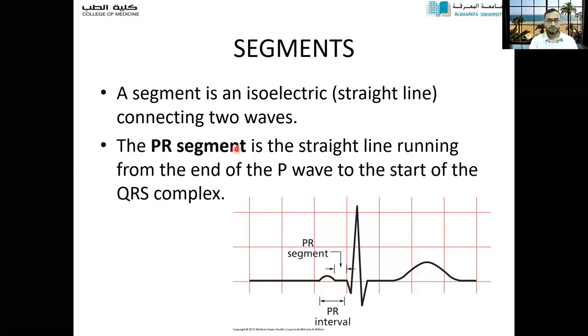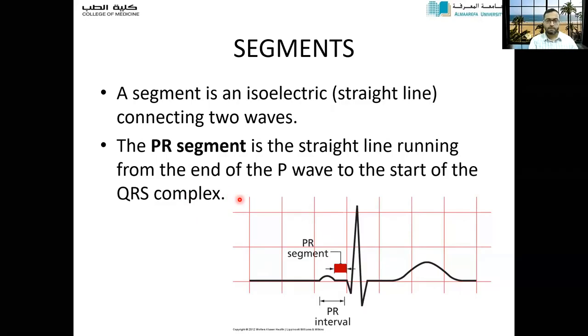Coming to segments. As I told you, there are two segments which we are going to check here: the PR segment and the ST segment, and they are always isoelectric. The PR segment is from the end of the P wave to the beginning of the QRS complex. It gives you the time delay occurring at the AV node for the passage of impulse. We know that when the SA node fires an impulse, it depolarizes the atria first, then it goes through the AV node and bundle of His to the